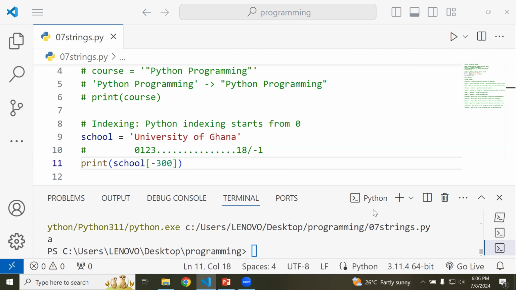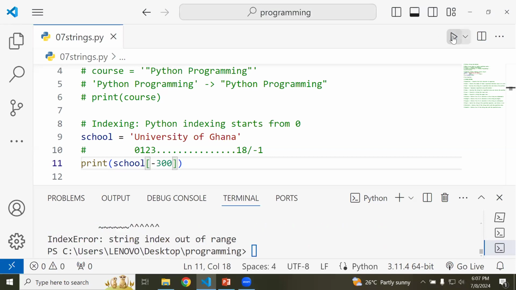So I think it will tell us that it's out of range. Exactly. Thank you very much, my brother. So definitely, using our own intuition, when it was a very large positive number, which was very glaring and obvious, it was out of range. Now, clearly, if we use that same principle, we are going to count from behind. And probably by the time we get here, that one will be -19, and then definitely out of range. All right. So when I run this, of course, we get an index error, and it tells me that this is